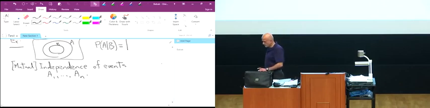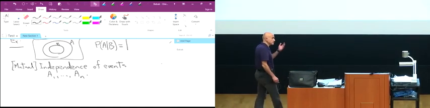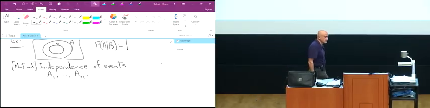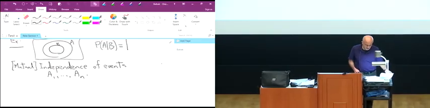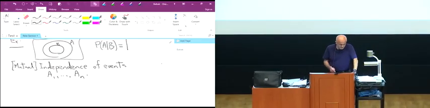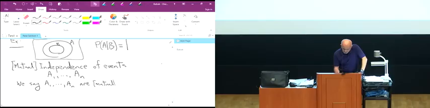So if we tell you or ask you about the independence of some number of events, you can assume that we're talking about mutual independence in the sense that I'm about to define for you. So we say A1 through AN are independent or mutually independent if